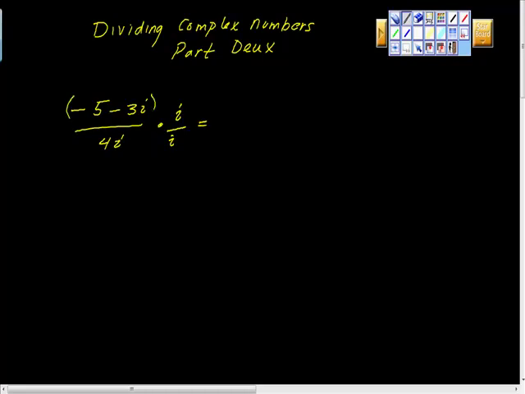All right, we're going to multiply this in. So 4i times i equals 4i squared, which is what? Negative 4. So that got rid of that, didn't it? We multiply this in here, multiply this in here. And this is going to give us negative 5i, isn't it? And negative 3i